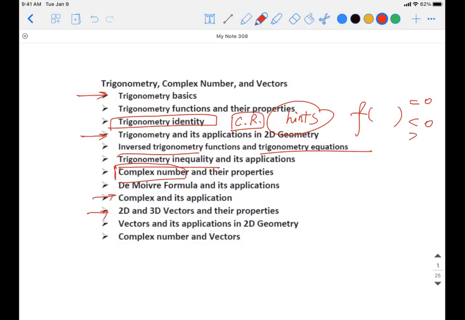Also the 2D and 3D vectors and their applications. You know what? We're still going to talk about vectors. Vectors are quite similar to complex numbers. Of course, they have some differences for sure, but there are also some similarities between vectors and complex numbers. We would like to take this opportunity to show you how to leverage what you learn from complex numbers and utilize it in planar vectors or even 3D vectors. Also, vectors can help you solve a lot of weird 2D geometry problems.